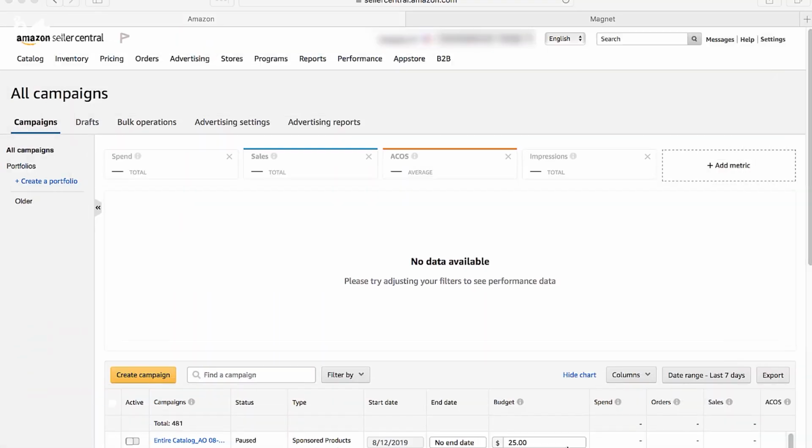In this module, we're going to go over some of the basics of setting up your initial sponsored ads campaign. There's several things you need to keep in mind here. By now, hopefully, you've gone through the previous modules where you've determined what your budget may be. You've picked your keywords that you're going to be ideally targeting, that you've included in your listing, your title and your bullet points. And now it's time to actually start to advertise on some of those words to see if you can get some sales, to see which ones Amazon thinks is relevant to your product,